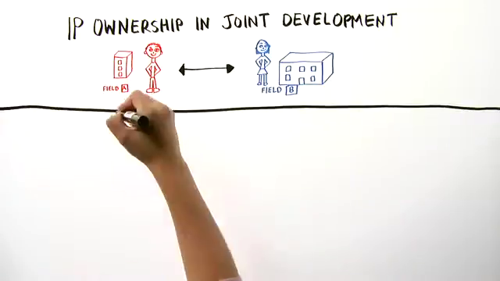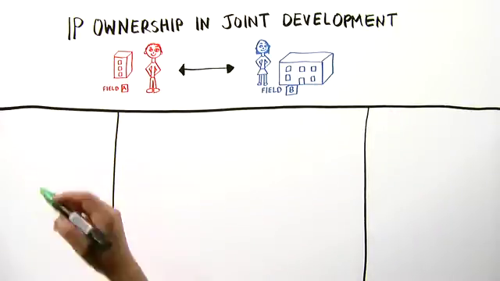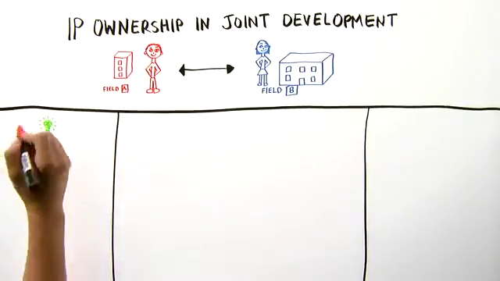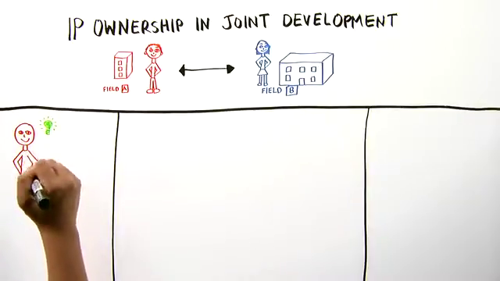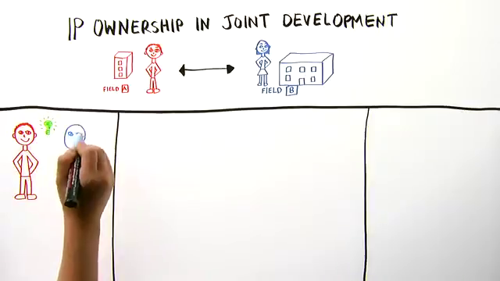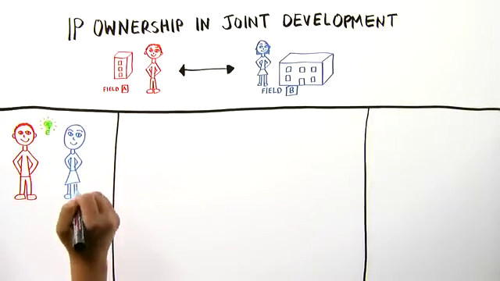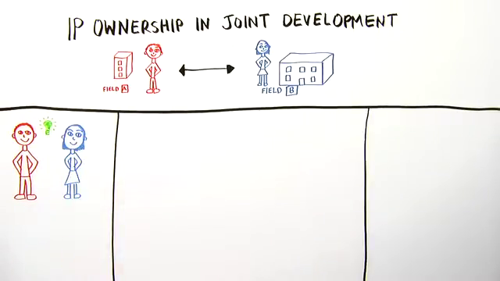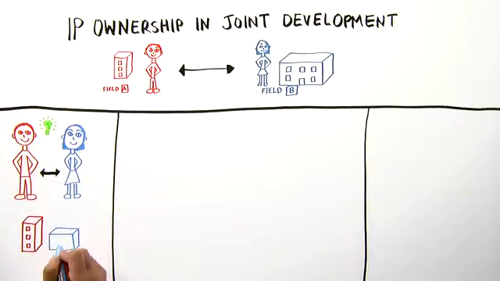The first possibility is for any invention, whether it is invented solely by employee 1, solely by employee 2, or jointly by employee 1 and employee 2, to be jointly owned by company 1 and company 2. This is a good solution because it is easy to implement, but most companies feel it is unfair for everything